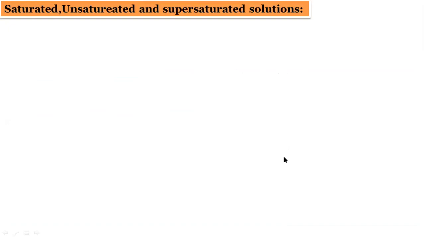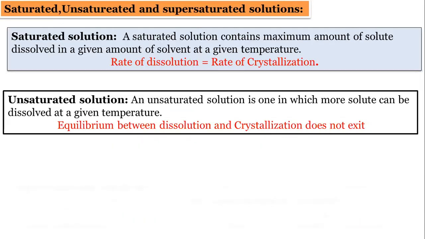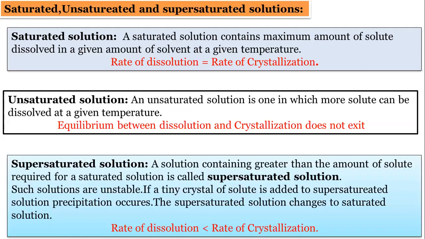Then what is meant by saturated solution, unsaturated solution, and supersaturated solution? These definitions can be asked in the examination, remember. Saturated means it contains the maximum amount of solute dissolved in a given amount of solvent. Unsaturated means we can dissolve more solute till the saturated solution is obtained, and supersaturated solution means it contains